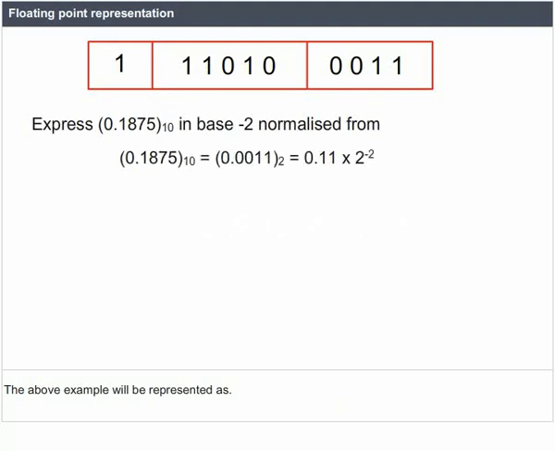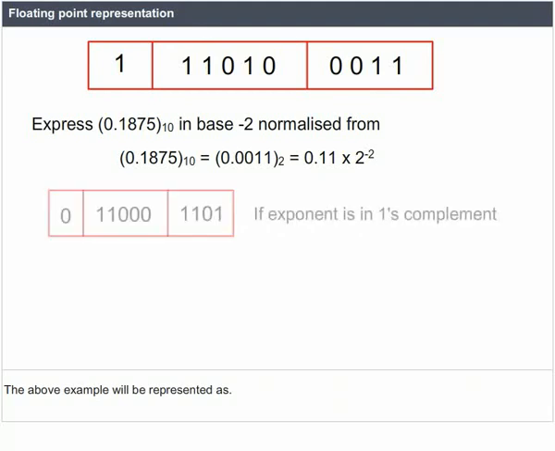Example: express 0.1875 to the base 10 in base 2 normalized form. 0.1875 to the base 10 equals 0.0011 to the base 2, which equals 0.11 multiplied by 2 to the power minus 2. Assuming that the floating point representation contains a 1-bit sign, a 5-bit normalized mantissa, and a 4-bit exponent, the above example will be represented as 0, 11000,